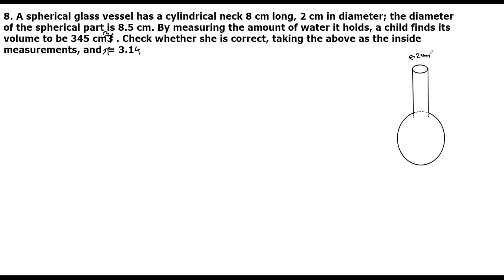The cylindrical part, the neck, is 8 centimeters long. This is up to here, 8 centimeters. Okay, now